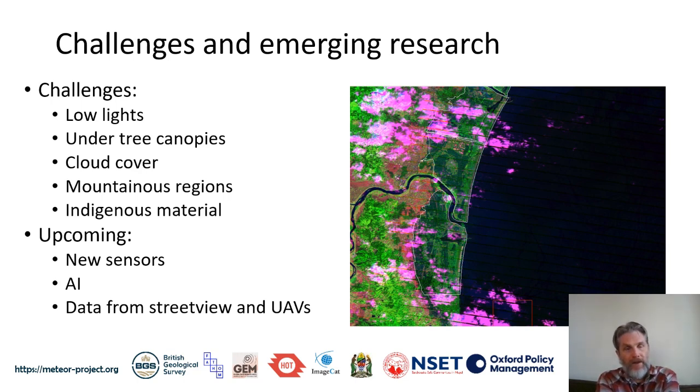As well as data from Street View and UAVs. AI run over these images and video streams to detect building types, for example, is something that a lot of people do, but I would argue